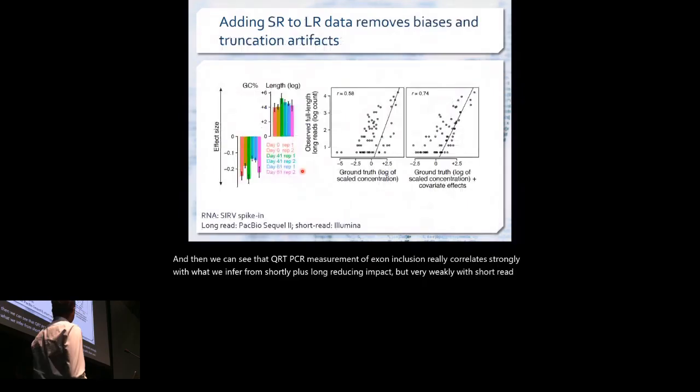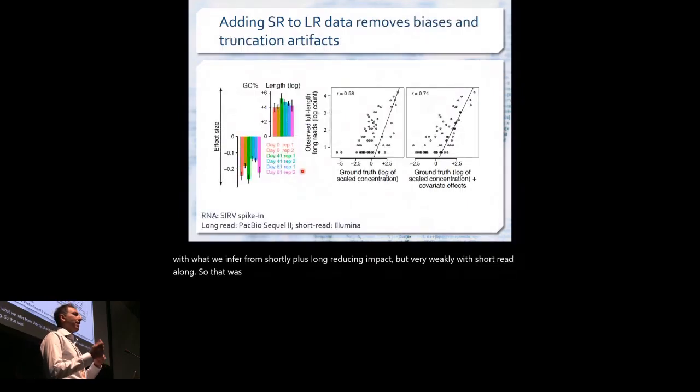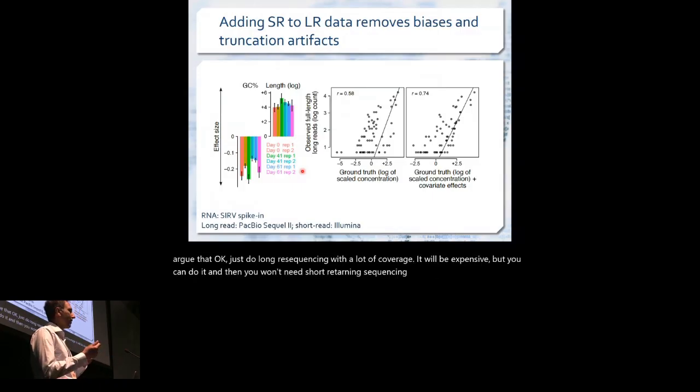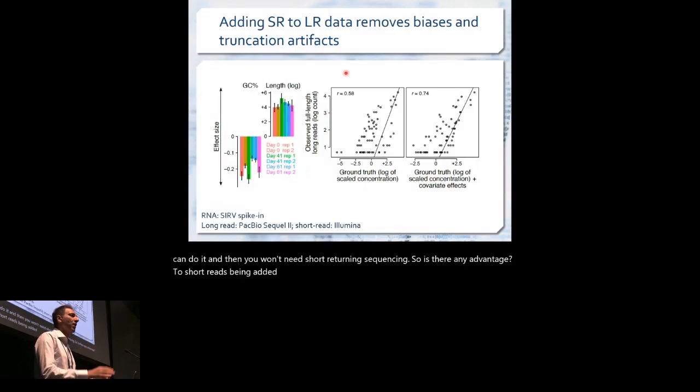So that was about the advantage of adding long read to short reads. But one might argue that, okay, just do long read sequencing with a lot of coverage. It will be expensive, but you can do it, and then you won't need short read RNA sequencing. So is there any advantage to short reads being added to long read sequencing data? One thing that we've noticed